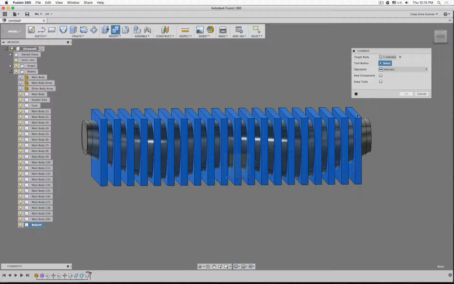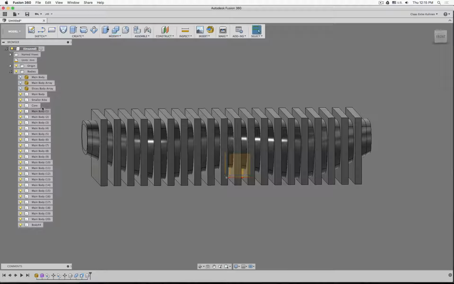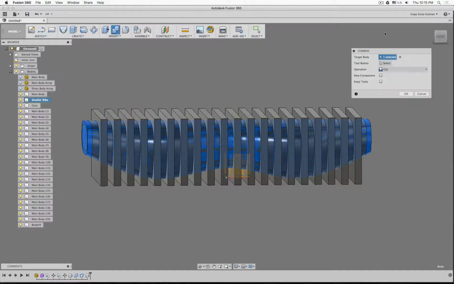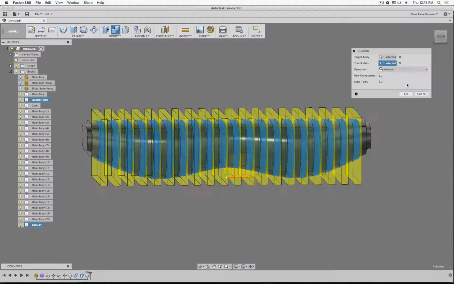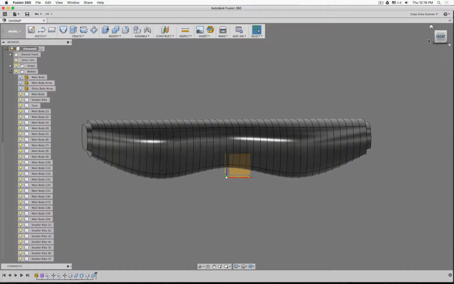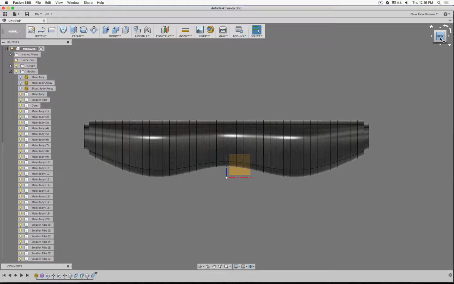We keep deactivated. Whoa, whoops, hey, what did you do? No. Let's do this again this way. There. Oh, I didn't click the tools. Cut and intersect. And there you see, we maintain just the stuff inside. Keep tools off, so our tools are gone. Perfect. See, now we have all this stuff. However,